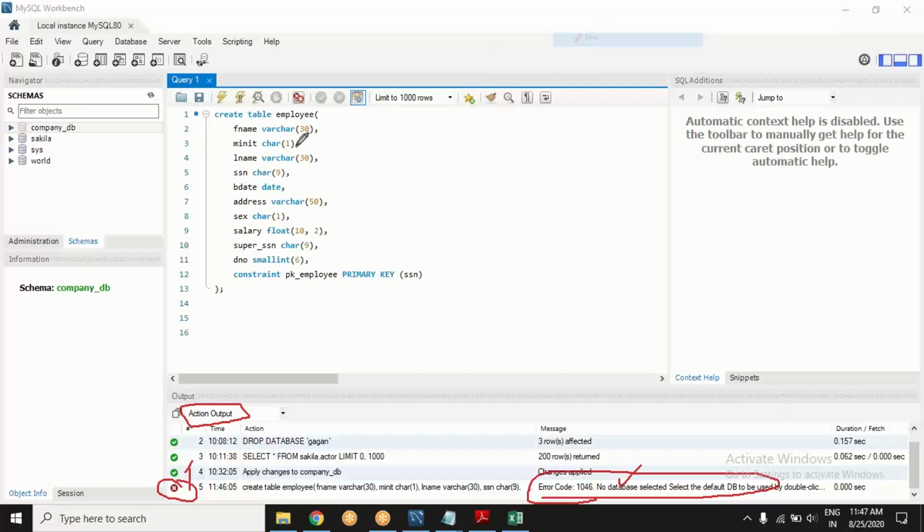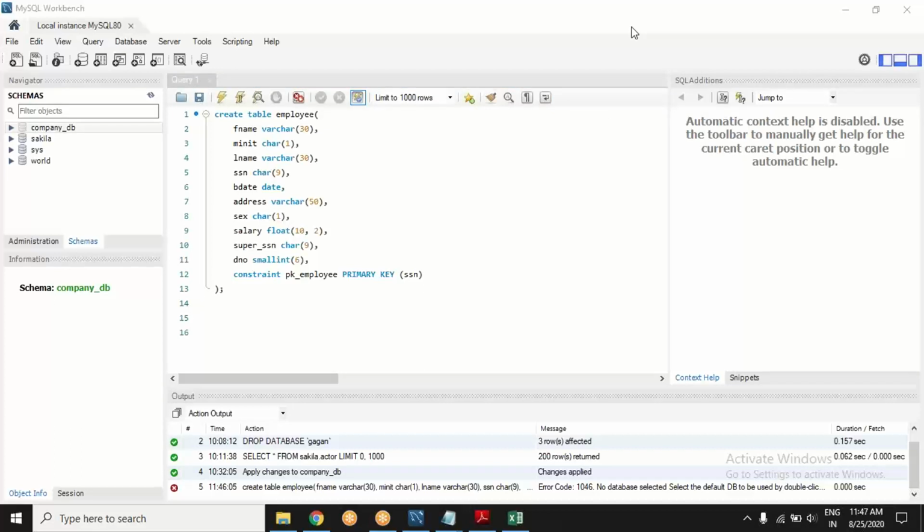I have mentioned that I want to create a table, but I have not mentioned which database. So it is saying select the database. If we double click on this database, the company DB, you will see that it comes in bold font. It will be highlighted.